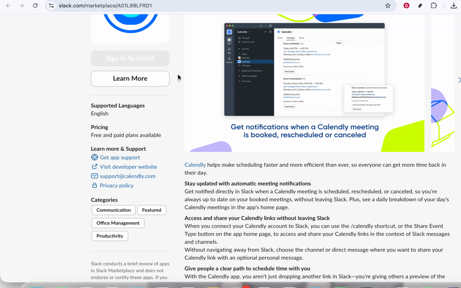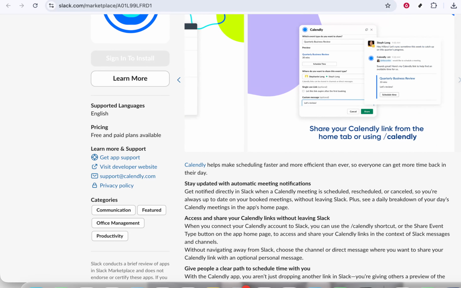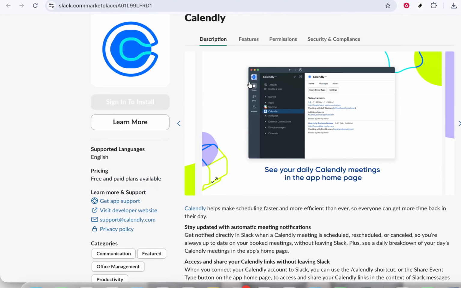such as posting in specific channels or sending you direct messages. Carefully review these permissions so you understand how the integration will behave. If everything looks good, click the button to allow or authorize the connection. After authorizing, you'll be redirected back to Calendly, where you may see additional options to fine